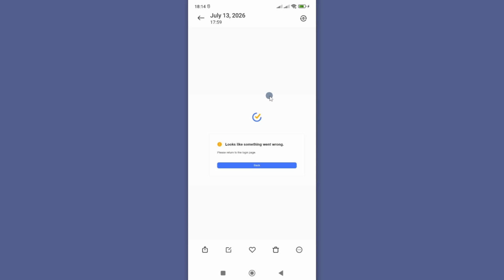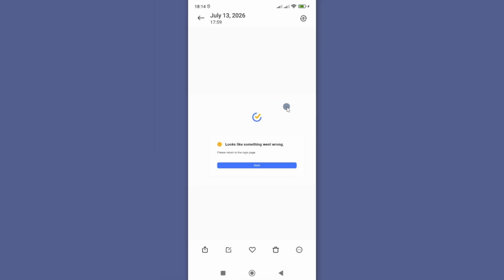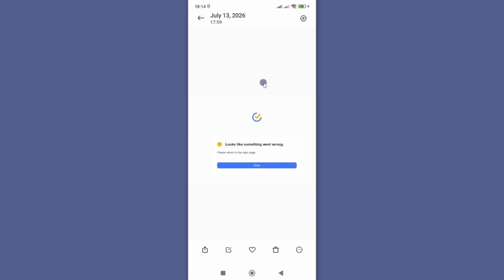In this video, I'm going to show you how you can fix "looks like something went wrong" on the TickTick app. If you're trying to use your TickTick app, but you are encountering this message where you're told "please return to login page," but you can't use your app, then there are quite a number of steps you can take to